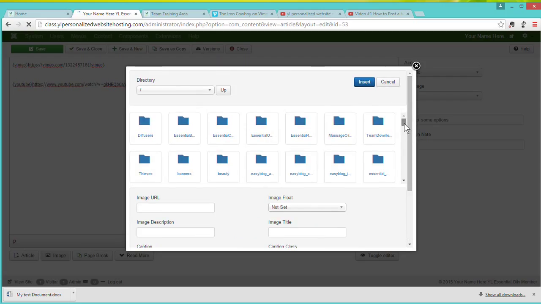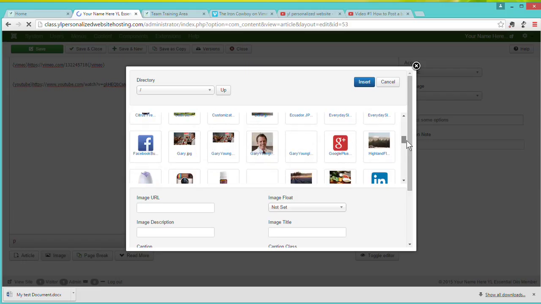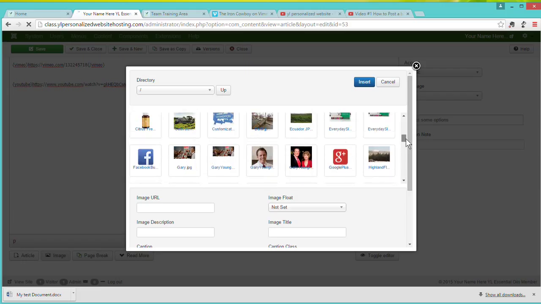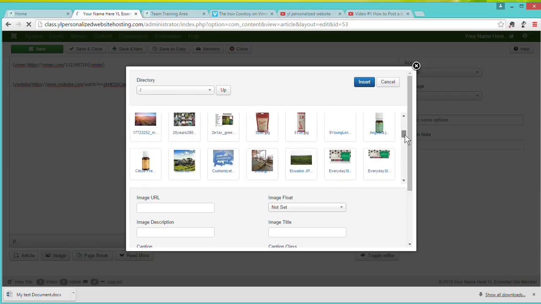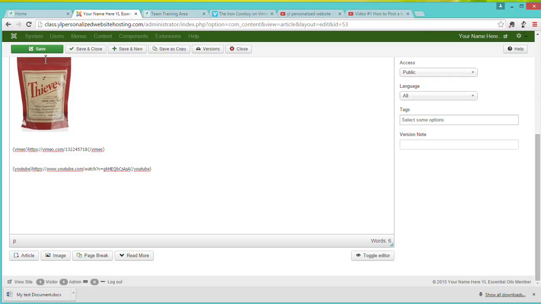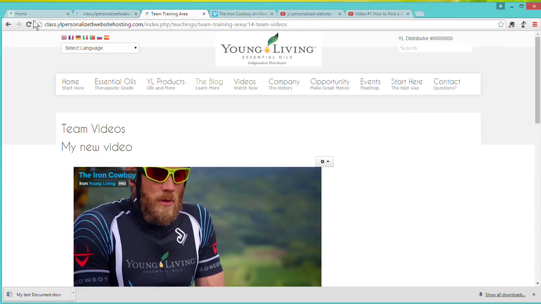But there's probably enough photos in here right now that I could just grab something. So let's put on a photo of, let's say, thieves. And if I hit save, you will see